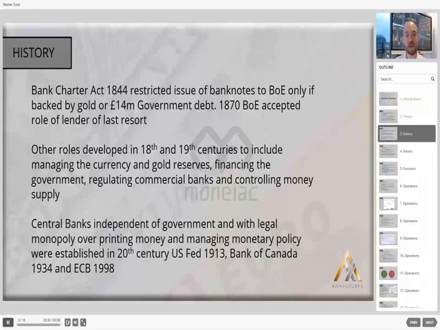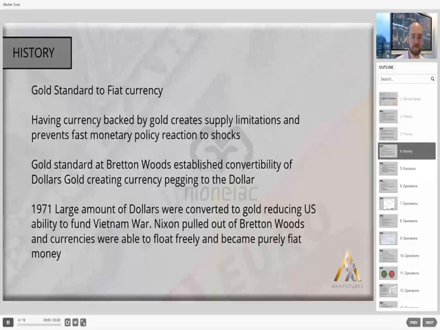Now, other roles that we see as synonymous with central banks started to build up in the 18th and 19th centuries, and predominantly included managing currency and gold reserves, financing governments, regulating banks, and controlling money supply. The control of the money supply and how they do that is really the main focus that we want to